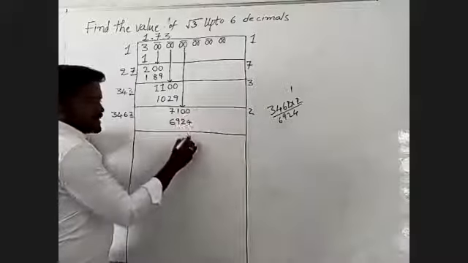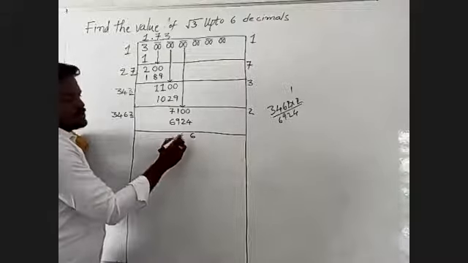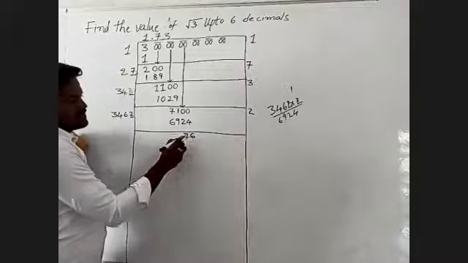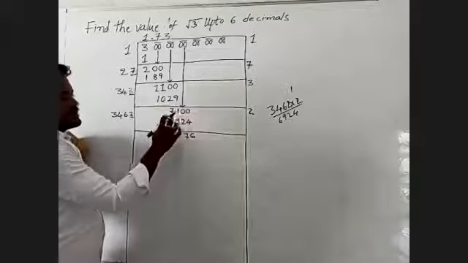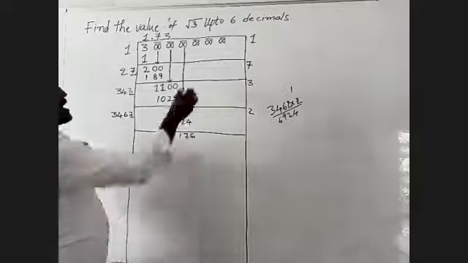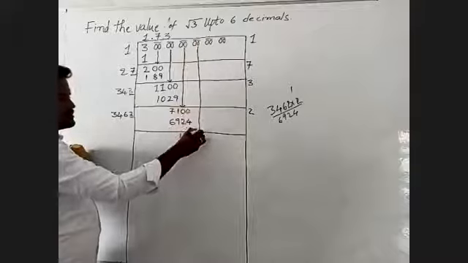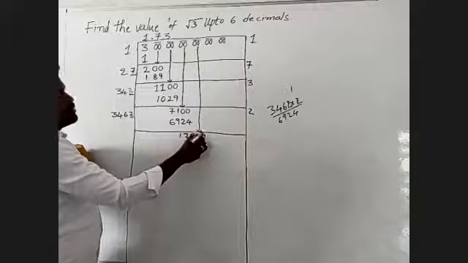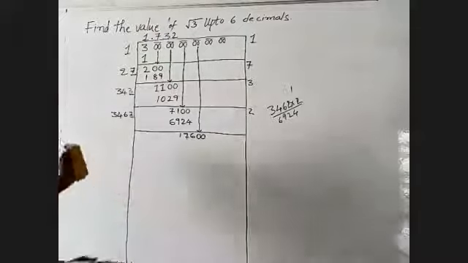10 minus 4 becomes 6. After that, 9 minus 2 becomes 7. As well as here 0. 10. 10 minus 9 becomes 1. That is the value is 176. After that we will take the remaining 2 zeros. We will write in the 2. Now I am going to the next step.